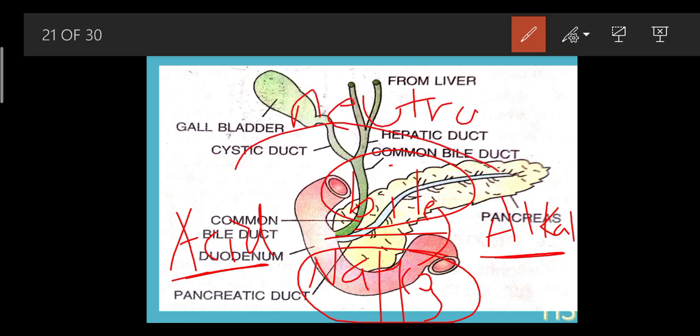And why does this happen? In order to neutralize. We have learned in chemistry, when an acid reacts with a base, it forms salt and water. This is nothing but the neutralization reaction. Inside the stomach there was a lot of acid, but due to the presence of this bicarbonate, it got converted into alkaline, which helps to neutralize.